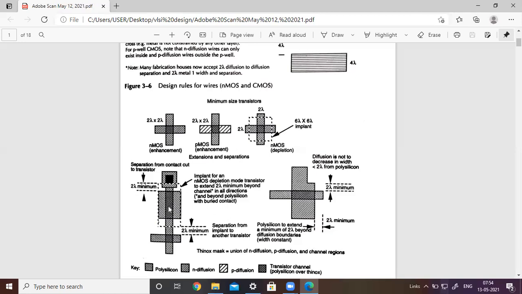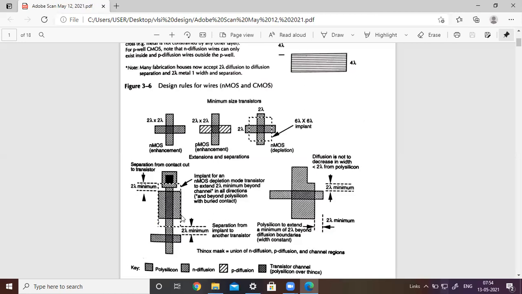And there are some rules you have to follow here, the design rules. From the boundary of the transistor to the contact, the minimum spacing we require is 2 lambda. It cannot be less than 2 lambda. Remember that point. If it is less than 2 lambda, you will definitely get an error message. This is the boundary of the transistor channel, and the extension is already 2 lambda, so the extension must be the same, 2 lambda.